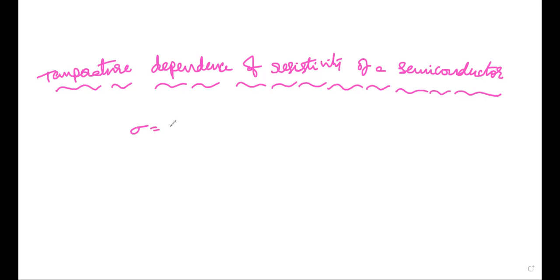is equal to, this can be expressed as sigma equals n_e e mu_e plus n_h e mu_h, where n_e and mu_e are the electron concentration and mobility, and n_h and mu_h are the hole concentration and mobility. So the temperature dependence of this resistivity, using the four probe method, that is,